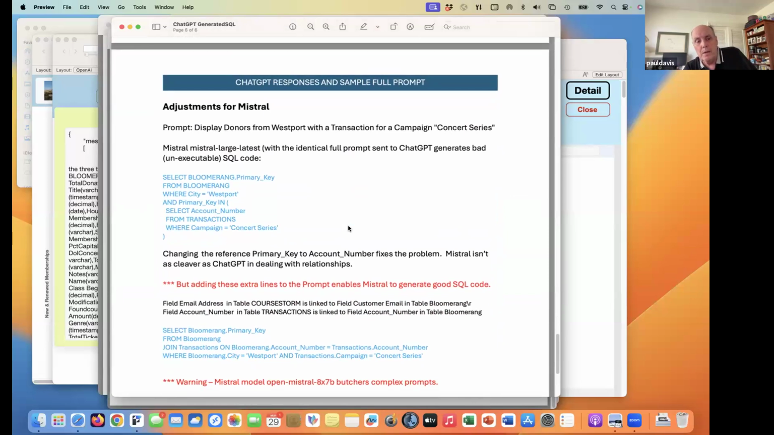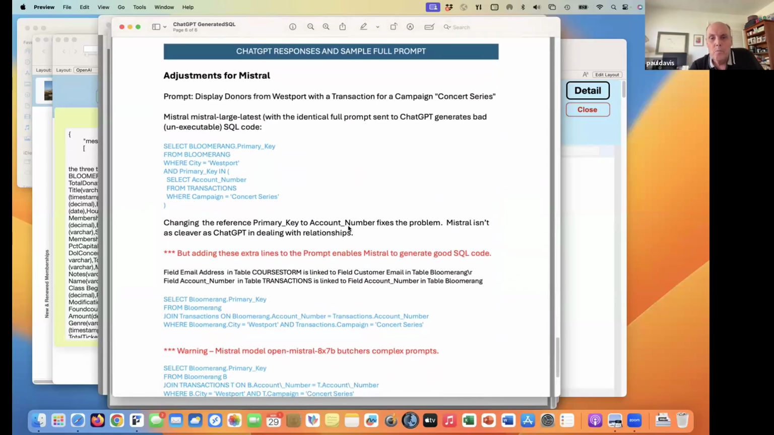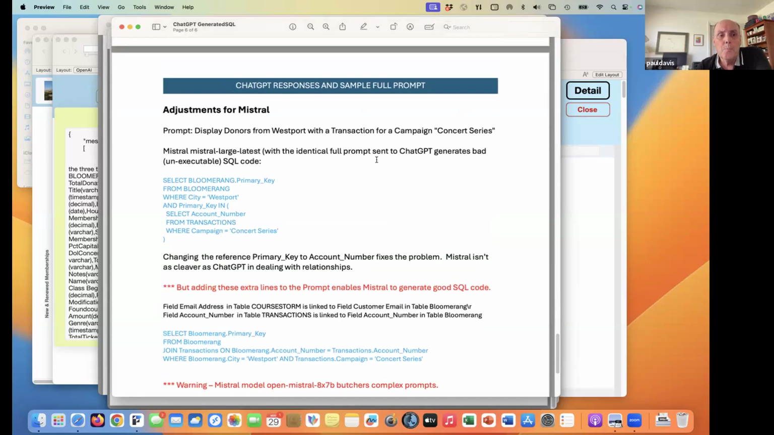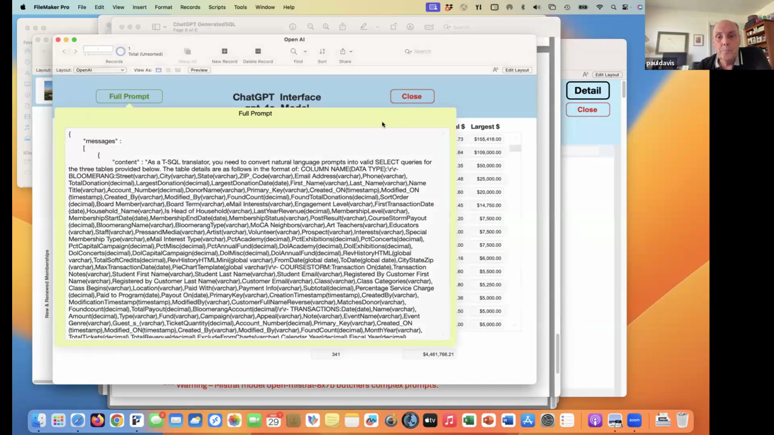This is some text here about what happened with Mistral when it didn't know how to link the two tables. It generated invalid SQL code. It won't execute. And it didn't know that. But adding these two lines here that tell which table links to which table through which field made it work. So as a result,